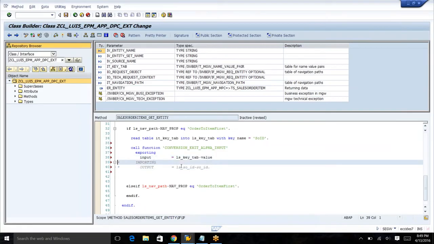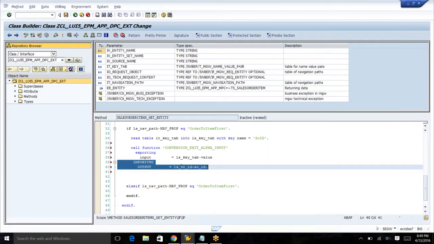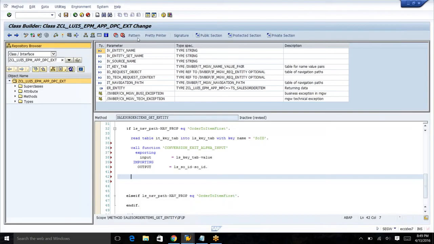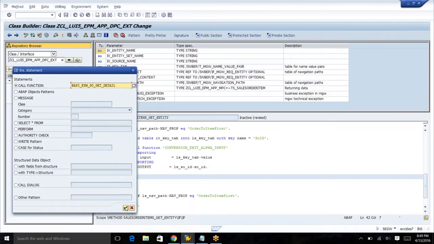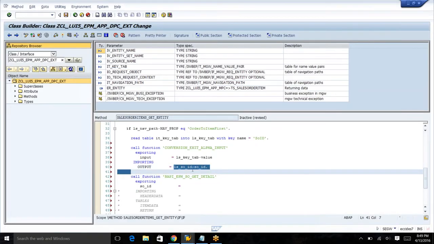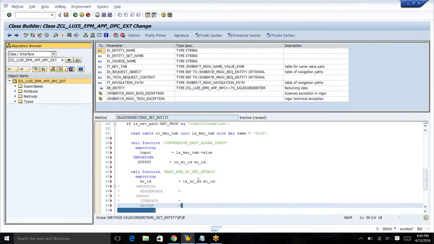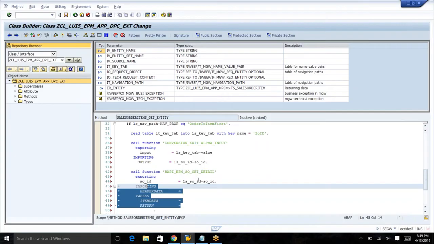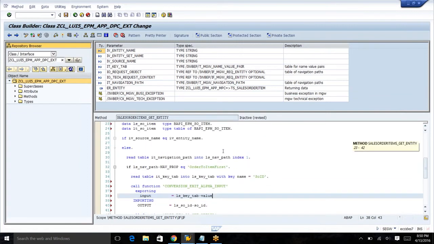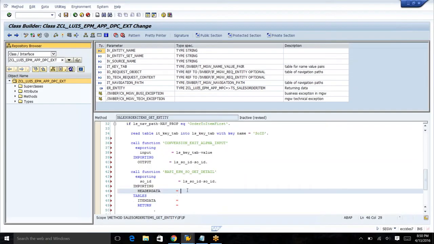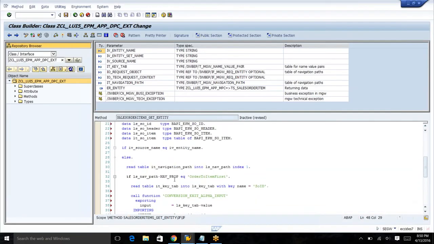So uncomment this one. Once you got the value, you are just going to pass this structure as input, and receive the header data. And in the item data,